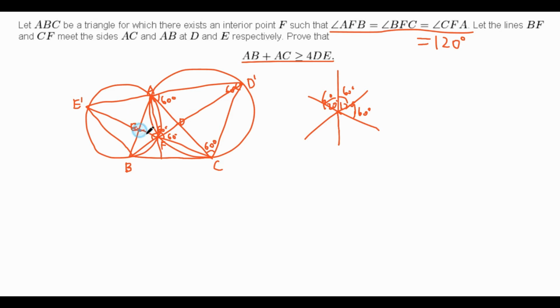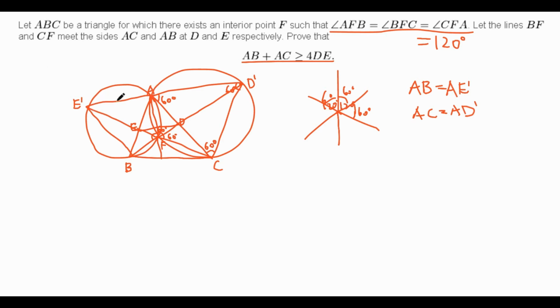Now we have this length ED, and we have the lengths AB and AC. The nice thing about having equilateral triangles on the sides is that we have equal sides as well as equal angles. In particular, AB is equal to AE', and AC is equal to AD'. And why is this nice? Well,